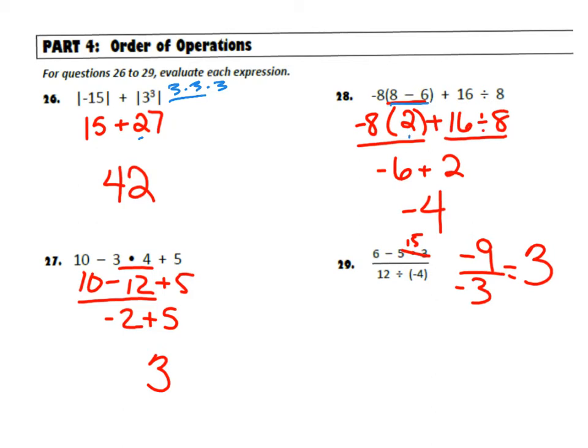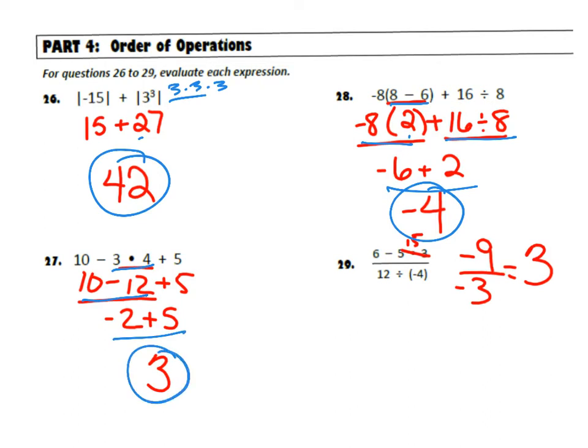Grouping symbols first. The multiplication and division here, and then I added them. So I got 42, I got negative 4. Multiplication first, then I go adding and subtracting left to right. I got 3. Everything on top,